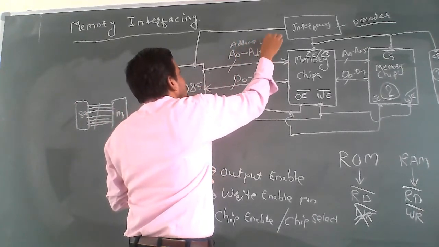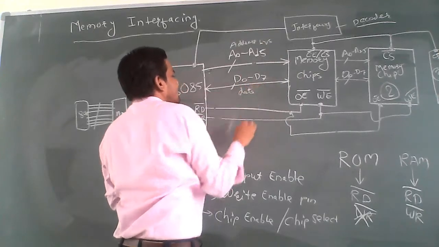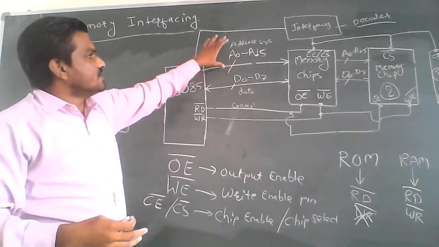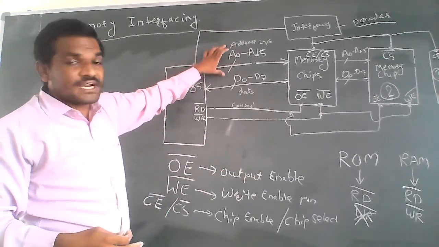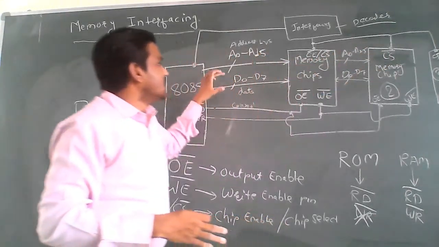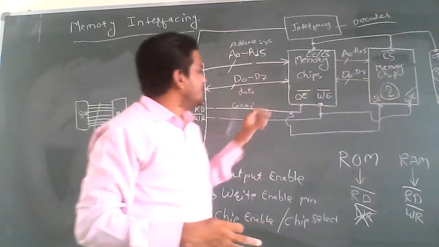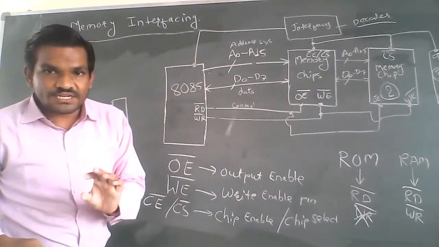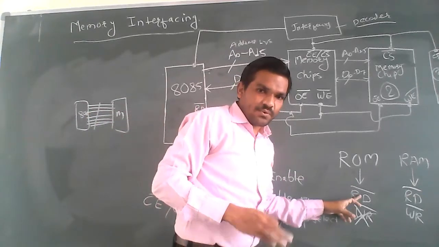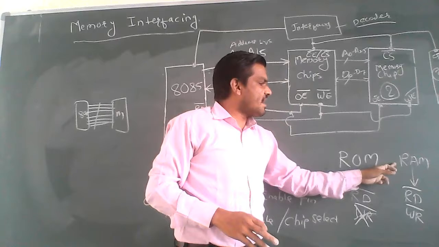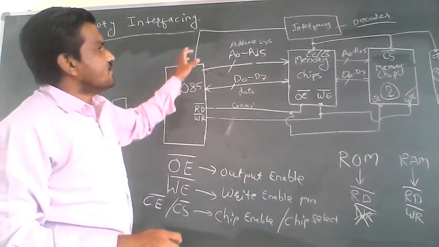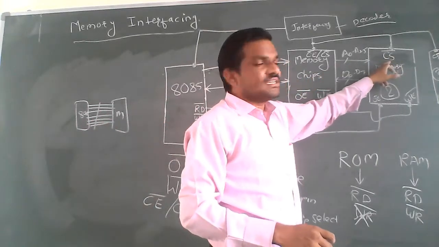Similarly, you can write address bus here, then this is my data bus, and this is the control bus. You must remember that you should connect the address bus pins with all the chips, and the data bus with all the chips. Then the appropriate control signals: if you have a ROM, you must connect RD bar only, not WR bar. If you have RAM, you must connect both RD bar and WR bar pins. And if you have multiple chips, then the CS bar pin is there.